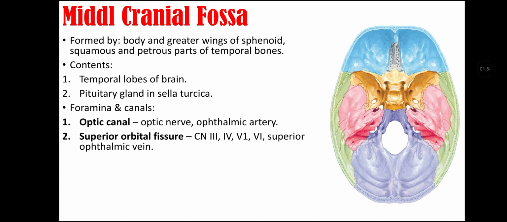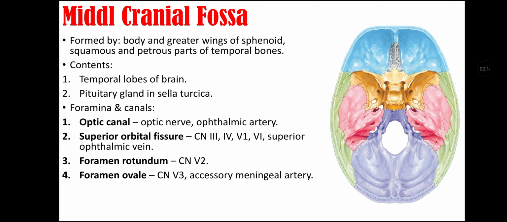Second foramina here is superior orbital fissure that transmit third, fourth and sixth cranial nerve and also ophthalmic division of trigeminal nerve and also superior ophthalmic vein is transmitted through superior orbital fissure. Third opening here is foramen rotundum that is for maxillary division of trigeminal nerve. And fourth is foramen ovale that is for the mandibular division of trigeminal nerve and also accessory meningeal artery passes